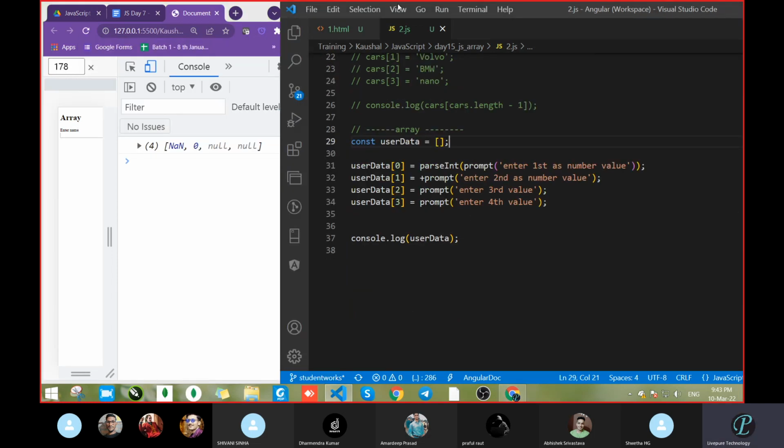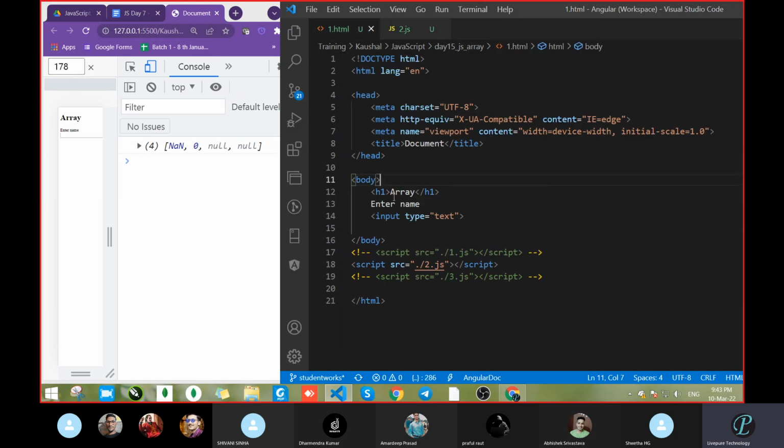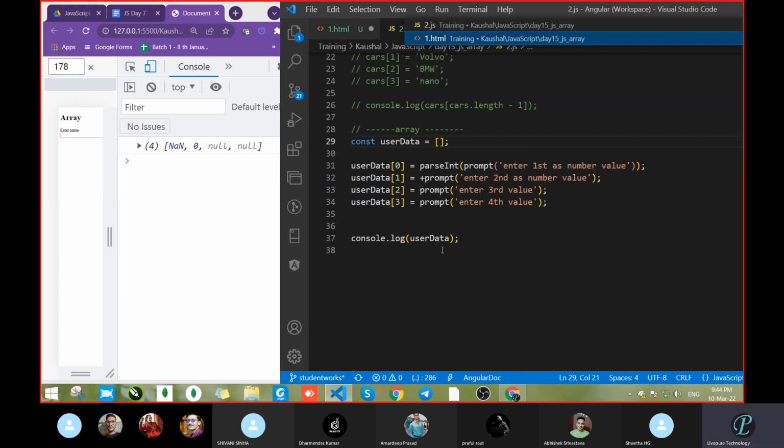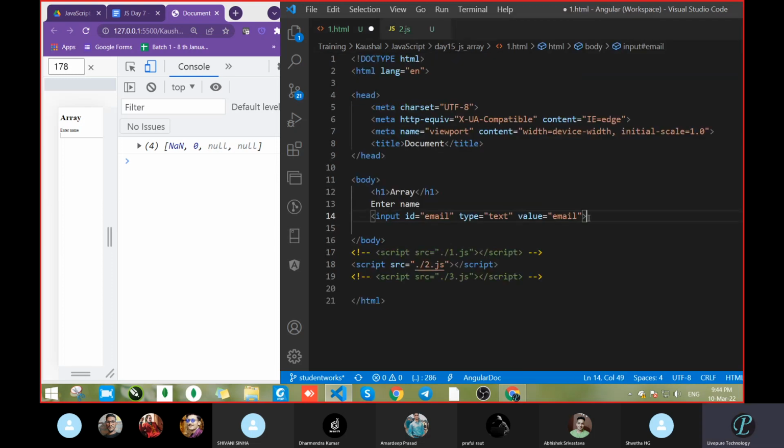Okay, so we passed one value here, enter name, and pass the ID here. And email. This fourth value I will take from here, value, and in value I will also pass something, email. So here we have to pass some event, correct or not?